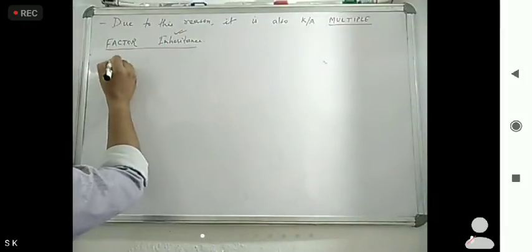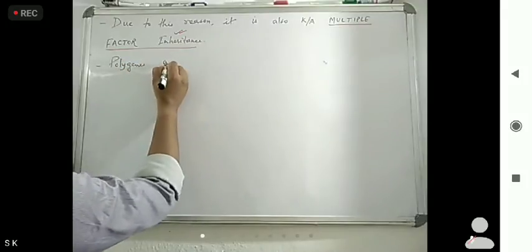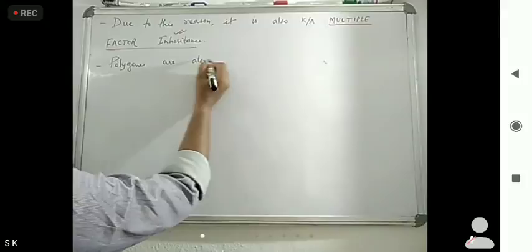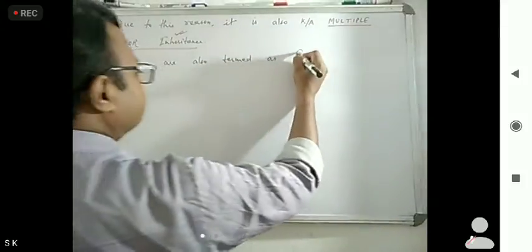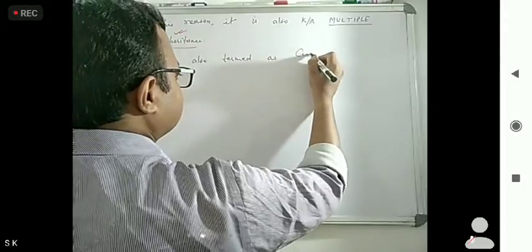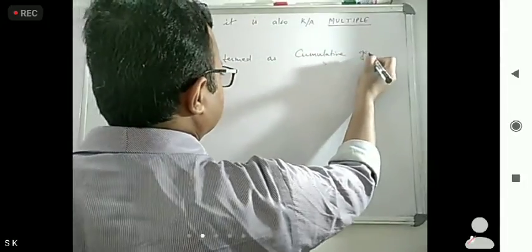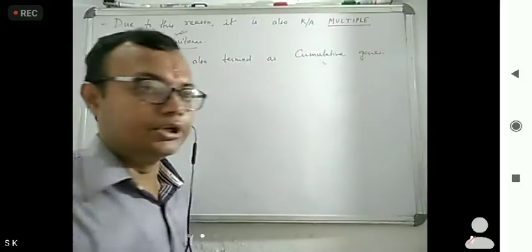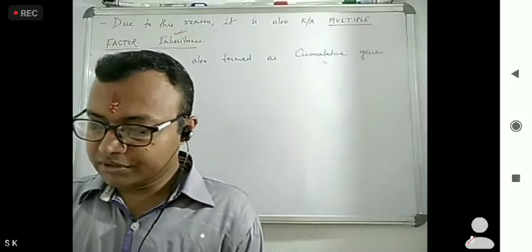So polygenes are also termed as cumulative genes. Cumulative genes. Okay. Now, what happens here